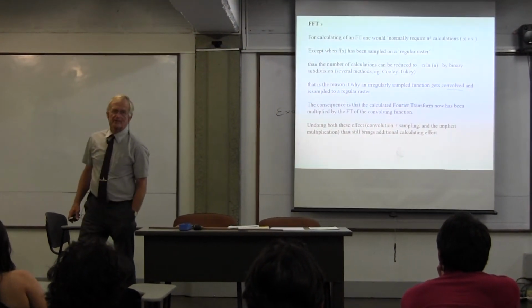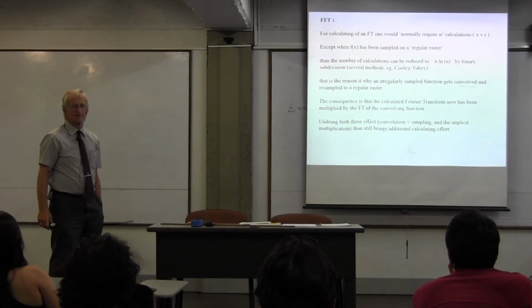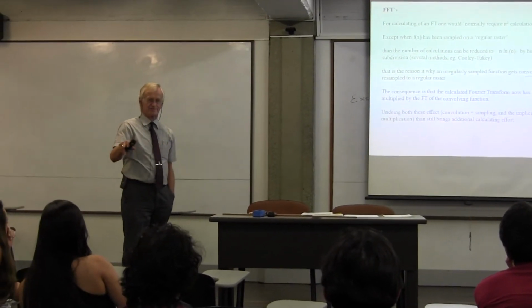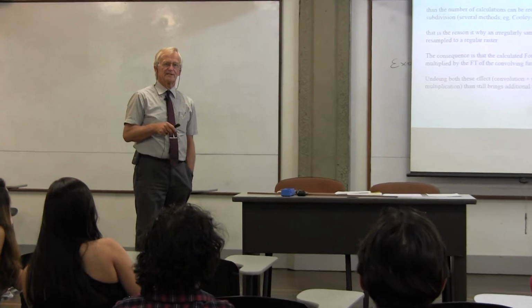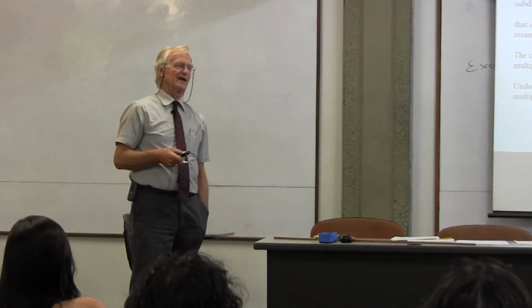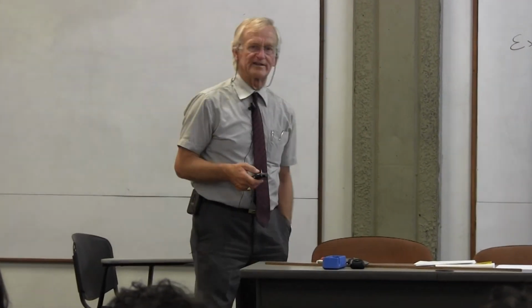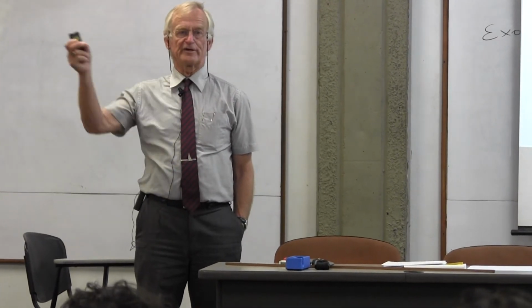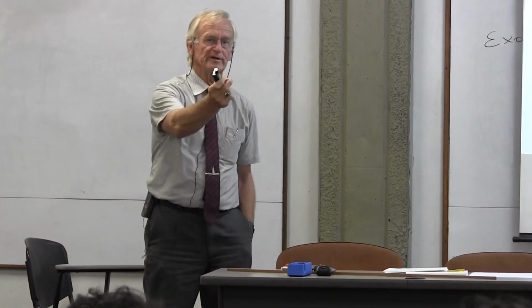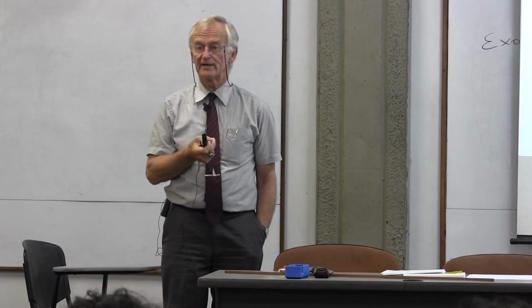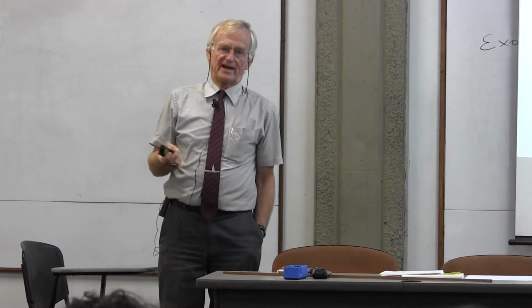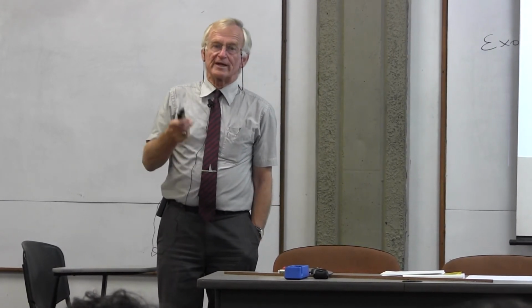You can calculate them according to the definition. So you just evaluate all these different products, the definition. And that is the natural way if I have a Fourier component here and a Fourier component there and another one here and another one there. And I have 10,000 of them, and then I want to make a picture.